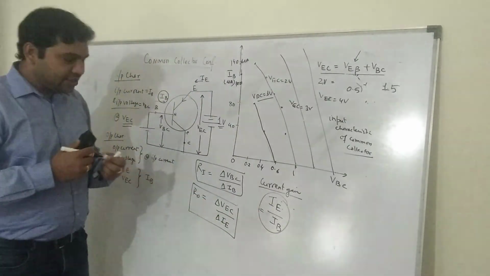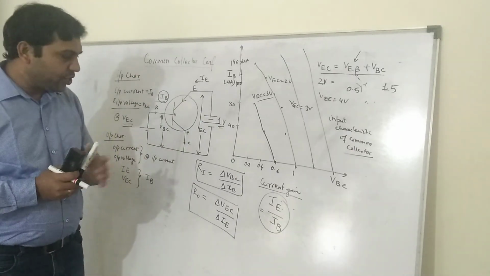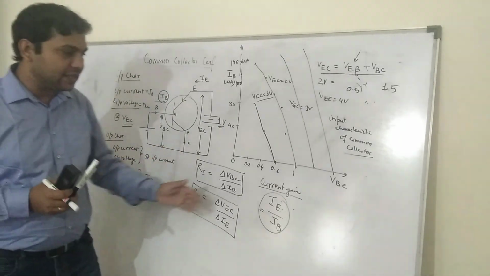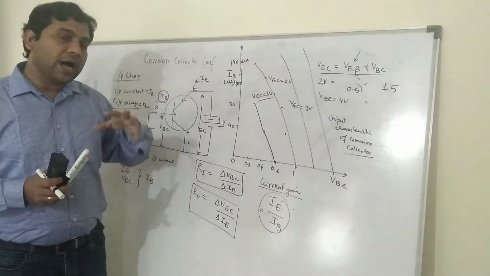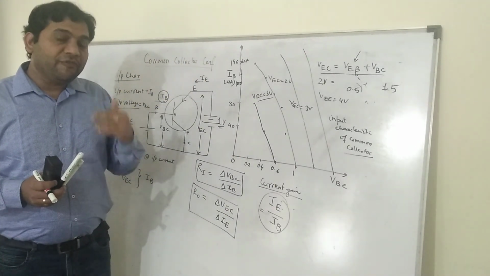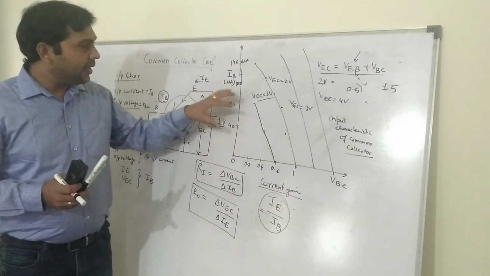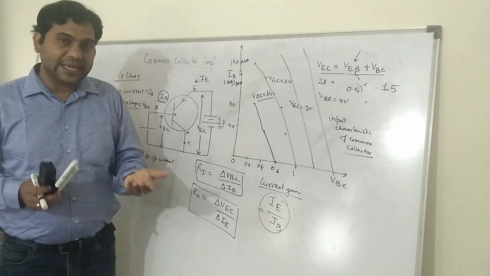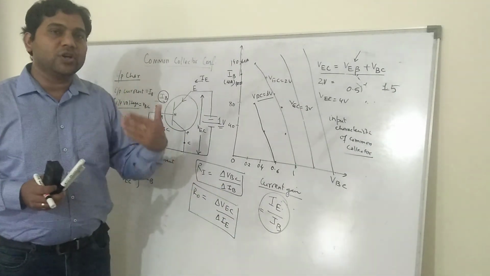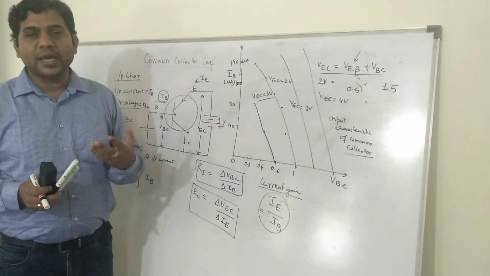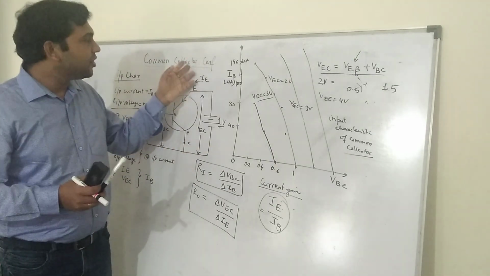Okay, so in the next lecture we will compare all the characteristics, meaning the input resistance, the output resistance, and the current gain of all these three configurations, and then we will see when we can use different configurations for different applications. Okay, in some applications, suppose you want the current gain to be high. In some applications you want the input impedance to be very high. Okay, so according to the applications, how and when we will consider which configuration.